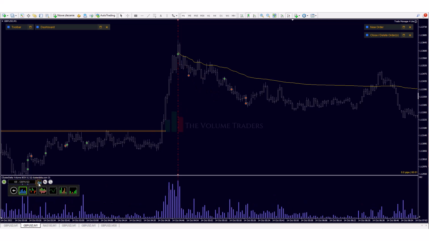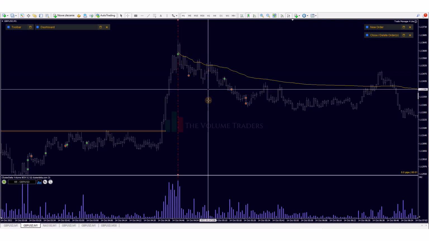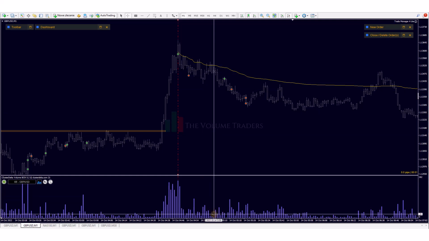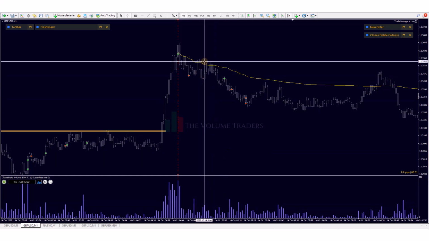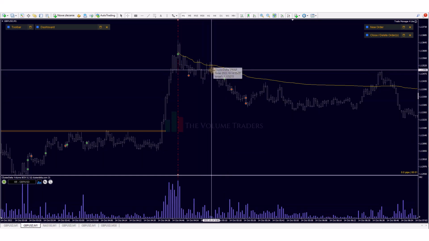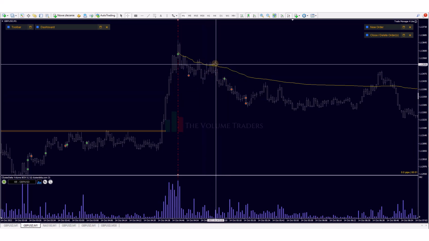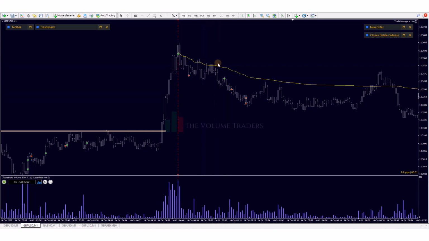So with that logic, I would enter after the break of demand with decreasing volume and reaction from VWAP, because VWAP is now my temporary resistance in this case. Take a look at the volume, how it decreased. Yes, decreased below my VWAP. So I would enter somewhere here and aim for the broken resistance or for the previous low.